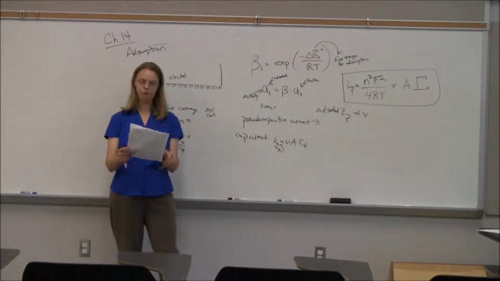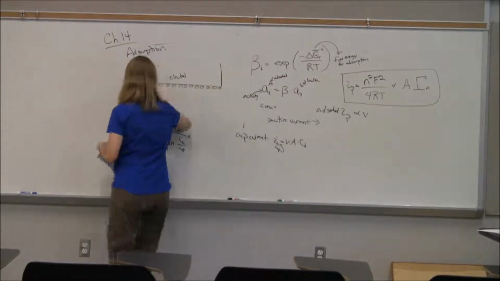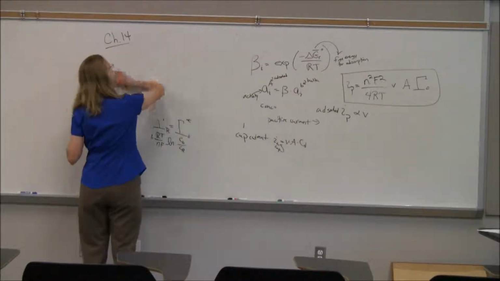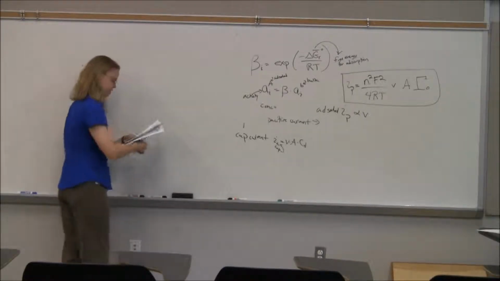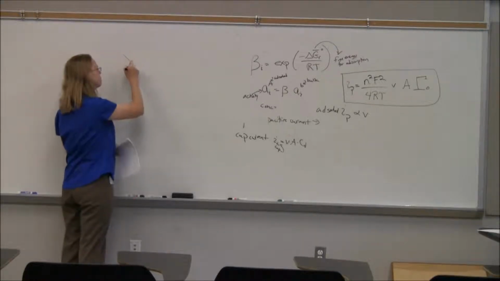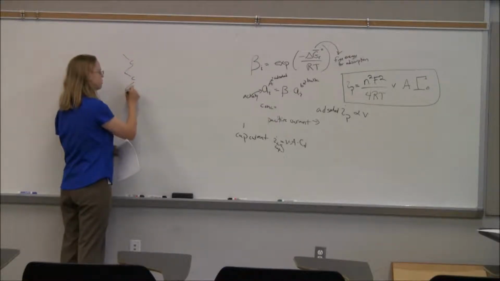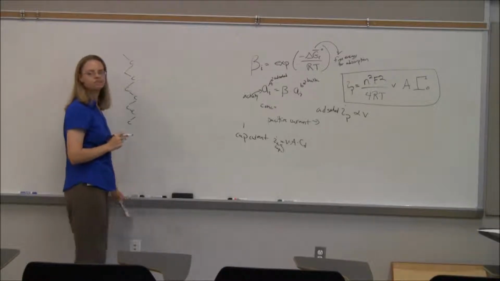Let's go back and think about why things absorb for just a moment. So let's go back to the surface. We typically have a carbon surface on our electrode. And it's not flat, so I'm trying not to draw it as flat. Right, and our carbon surface though isn't really